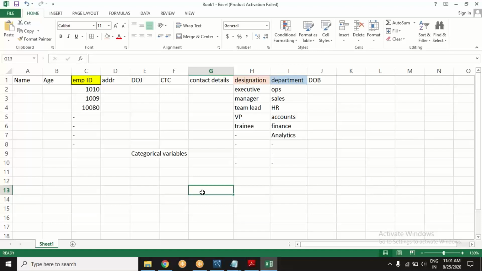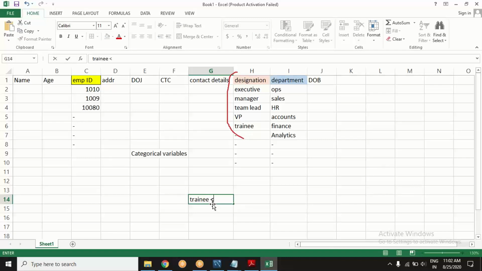But this time I have one extra piece of information. Can somebody locate that? In this data set, there are categories, but within those categories, think about it, there is an order also.